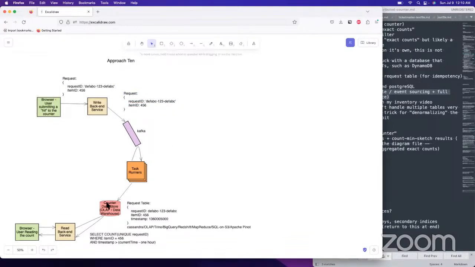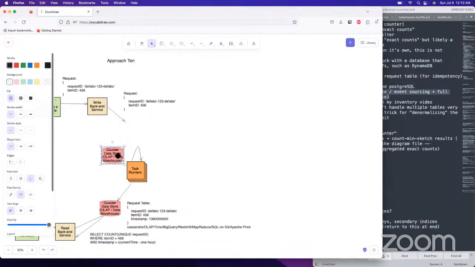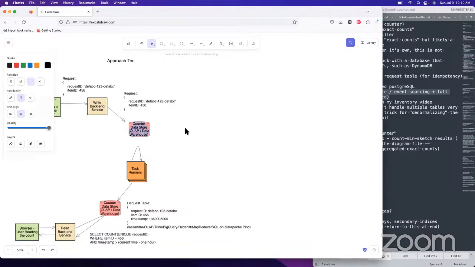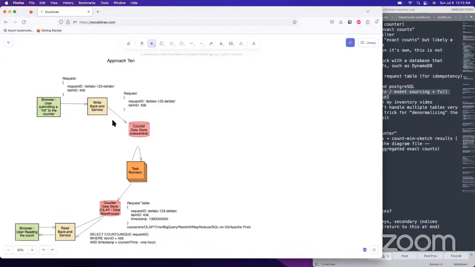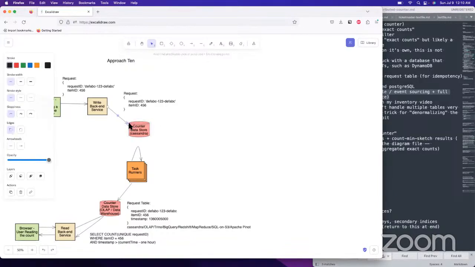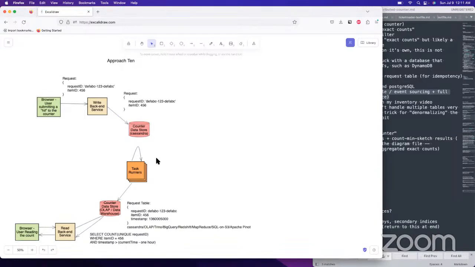And you've got your counter data store. It's going to be Cassandra. Got this. And then you can do a MapReduce query against it.